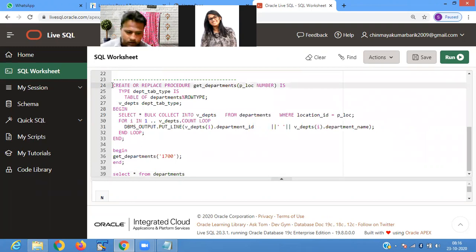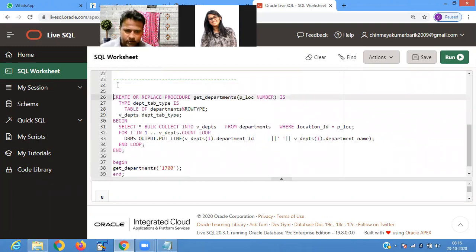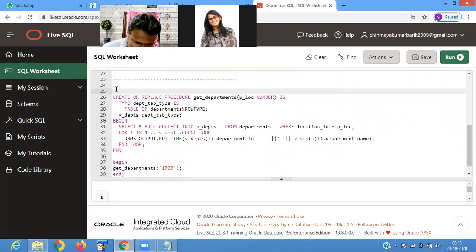So before executing this procedure, now I am creating a table.